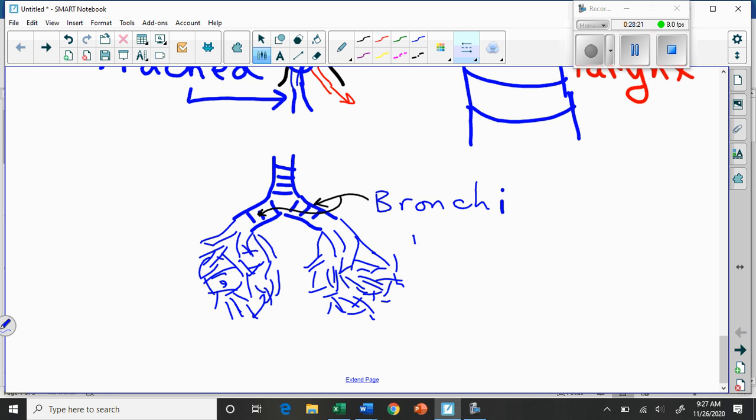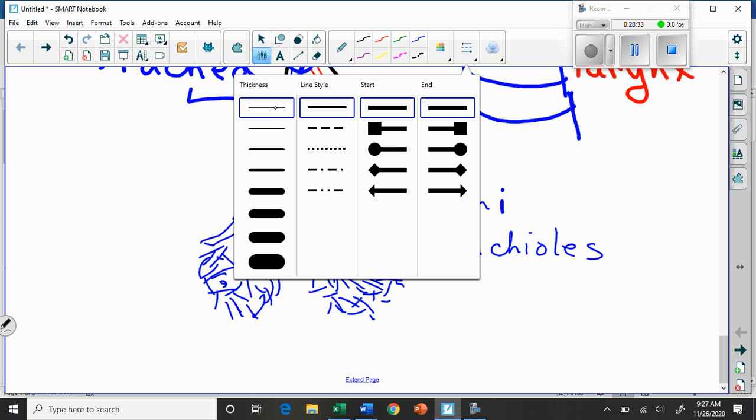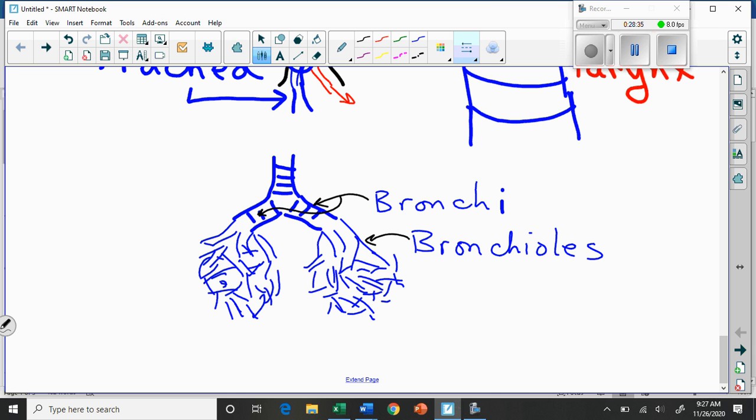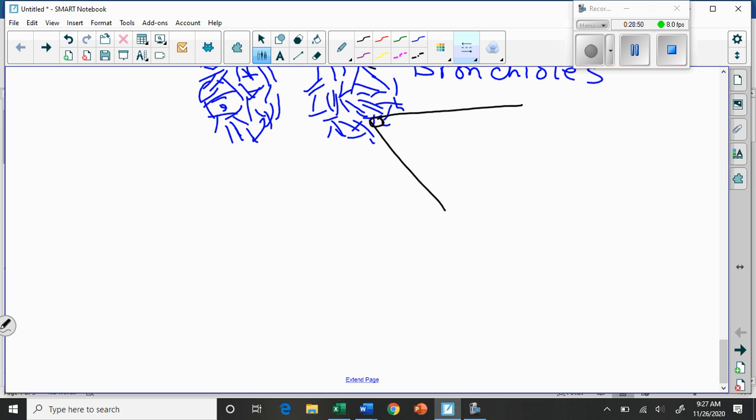So we call these bronchioles. Remember, arterioles are small arteries? Bronchioles are small bronchi. The bronchioles, right, are the smaller versions of this. And eventually, just like on a tree, the thick tree trunk, then you have thick branches, and they branch into smaller branches and smaller branches. Eventually you get so small that if we were to look at the end of one of these little branches and blow it up with our biological blow-up trick here, what we would see is the tiny, tiny, tiny